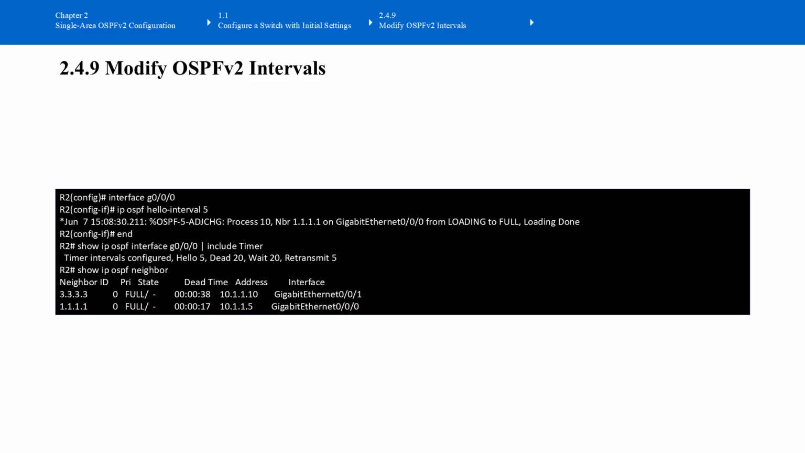Here, we configure R2's G0/0/0 interface to use a 5-second hello interval. So the command is interface G0/0/0, and then enter ip ospf hello-interval 5. Once R2's timer matches R1, OSPF immediately begins rebuilding the adjacency. This message confirms that the process completed. From loading to